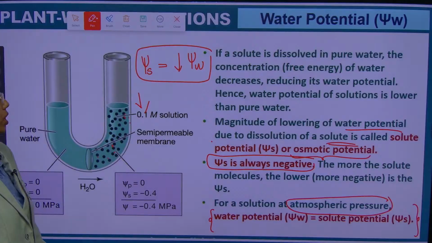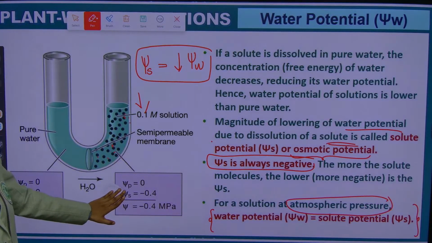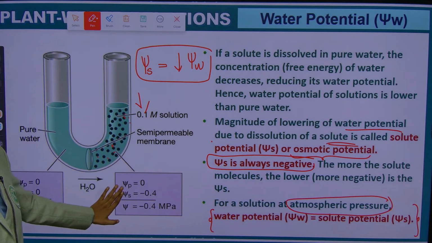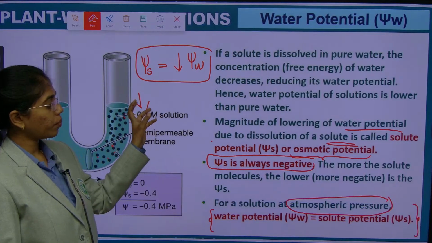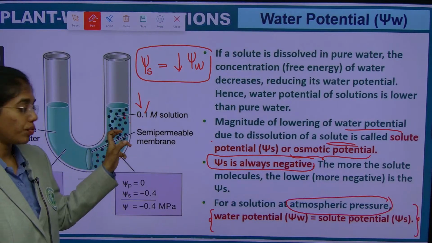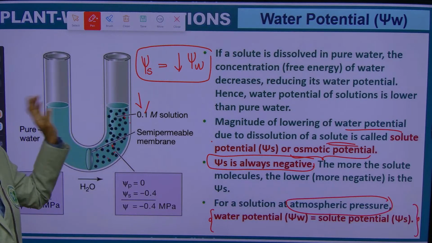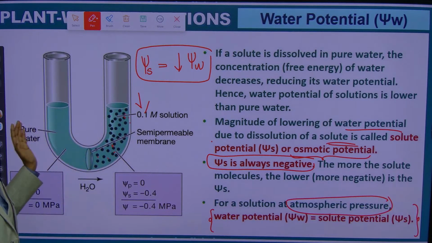At atmospheric pressure, water potential will be equal to solute potential, remember that. Solute potential or osmotic potential is always negative, and at atmospheric pressure, water potential is always equal to solute potential. Clear till here? Any doubt anywhere, ma? Now,